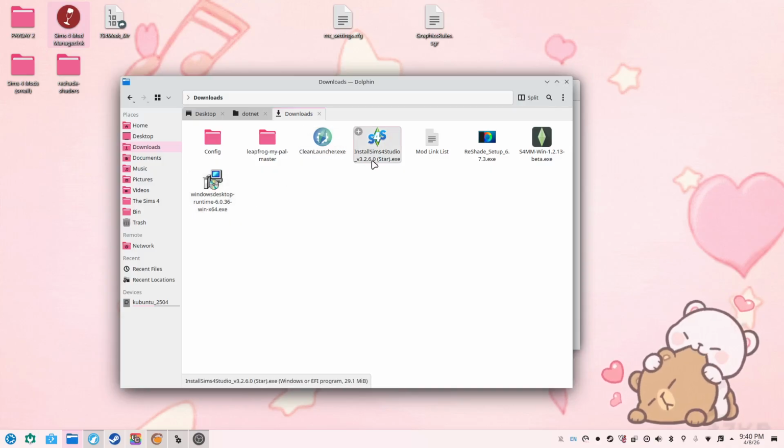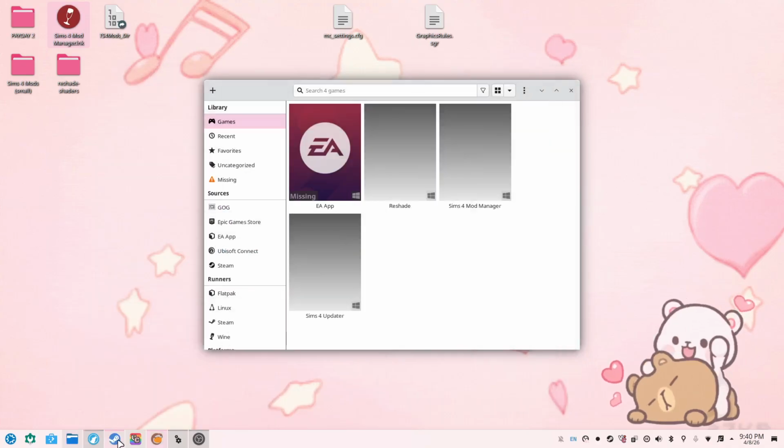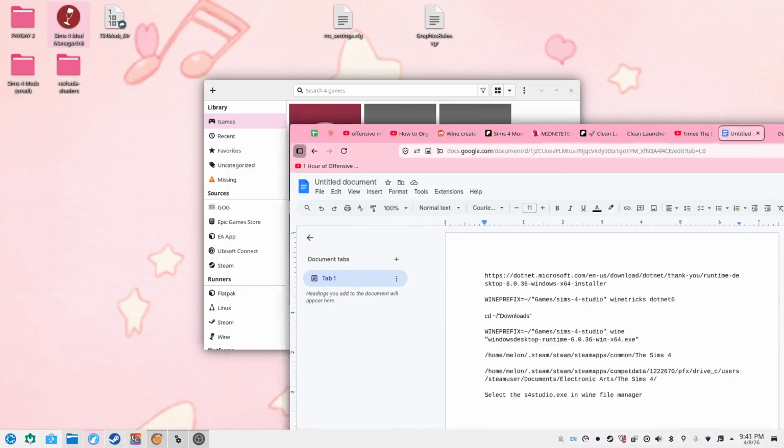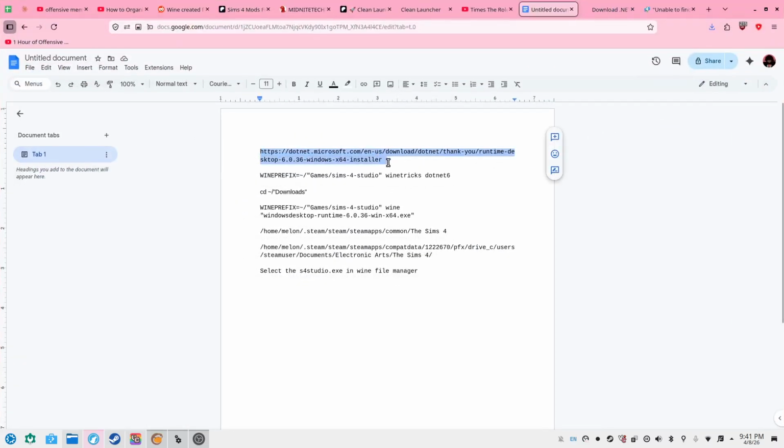You can find that yourself. It's a pain to try to find the download for this, so if I can, I will link the download in the description so it makes it easier on you. I wrote everything down in a Google Doc to make this easier on myself, and I will link it in the description. You need to go here to get the exe for the